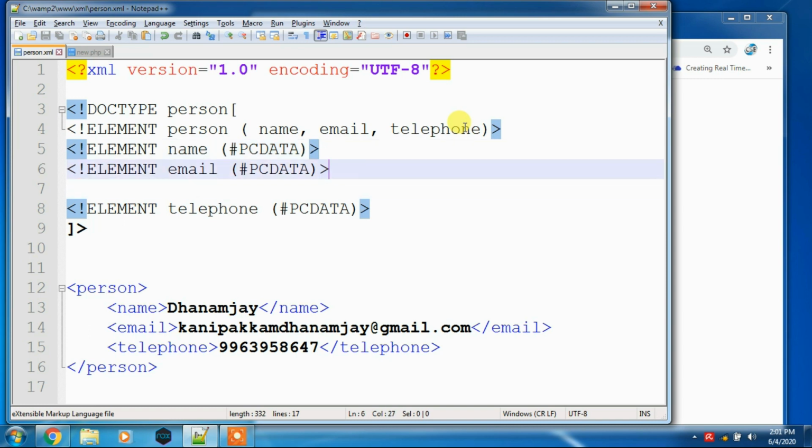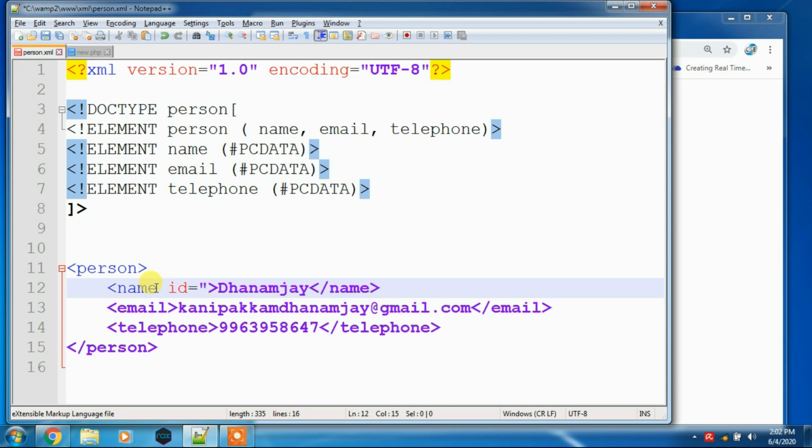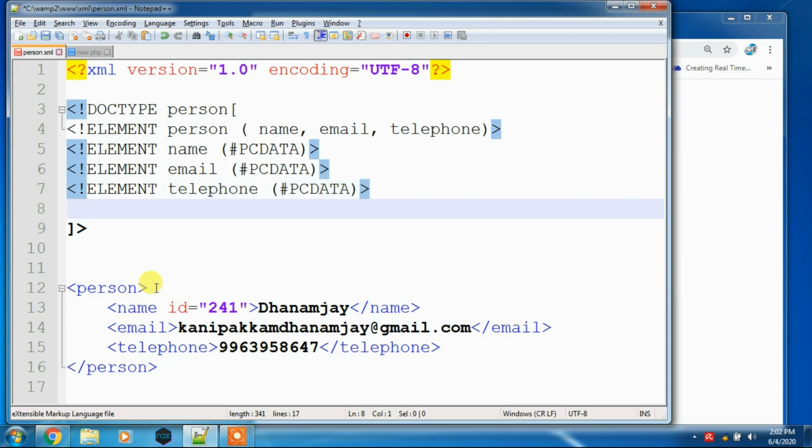Now here I want to add an attribute list. I want to add attributes now. I want to add ID. For name I am taking ID equal to 241. Consider that I am giving a random ID to a person, and the same ID, whatever the specified ID, we have to call in DTD as an attribute.